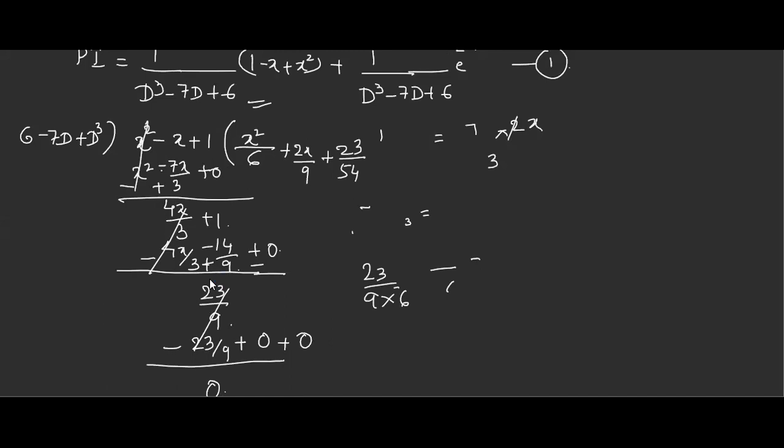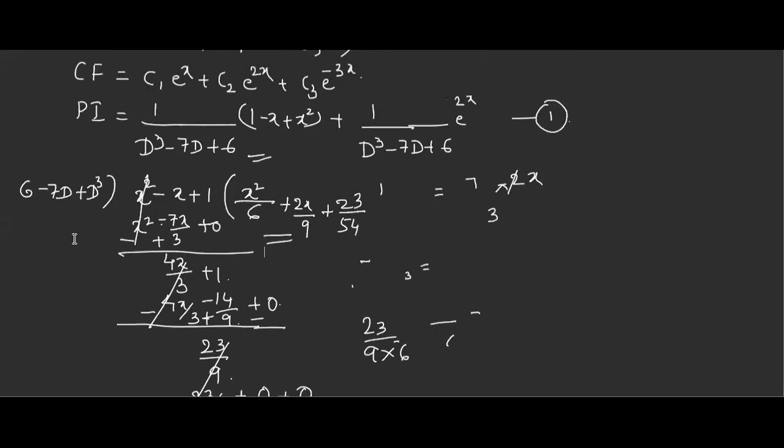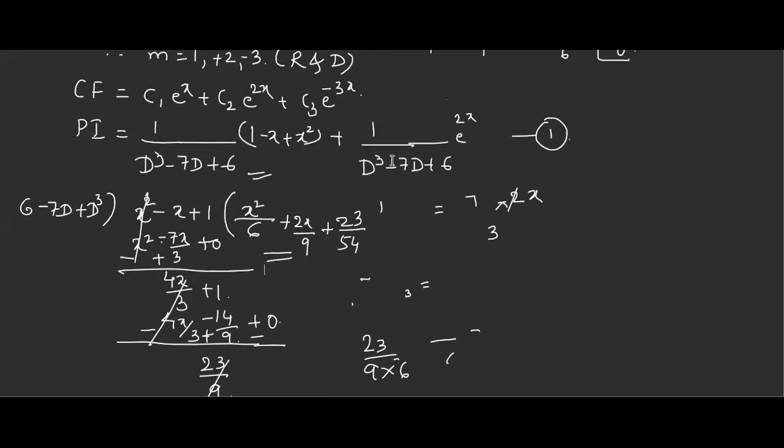You may feel this is very lengthy, but I assure you, what is the other method? The binomial expansion, where you have to take the terms and all, is very lengthy compared to this. I explained it, so it has taken a lot of time. Otherwise, it is very simple. So what is my PI? Whatever is the quotient. Now let me consider this second term and do the simplification part. I'll just write it over here with a bifurcation.